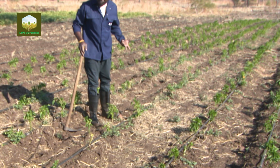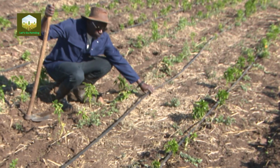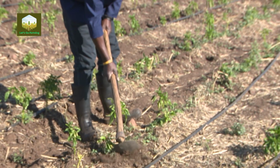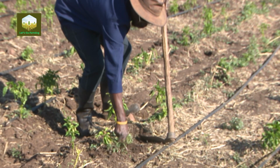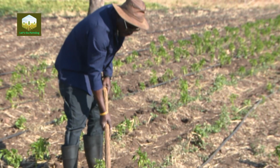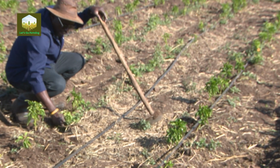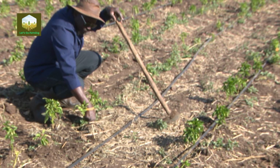These drips are very delicate. So when you are weeding, you make sure that you shift your drip line like this, because it's so easy to break them. So you make sure that you weed like this, like I was telling you, get them, uproot them, and make sure that the roots are out. And likewise, you have to be very careful to not end up removing your plant when you are doing your weeding,